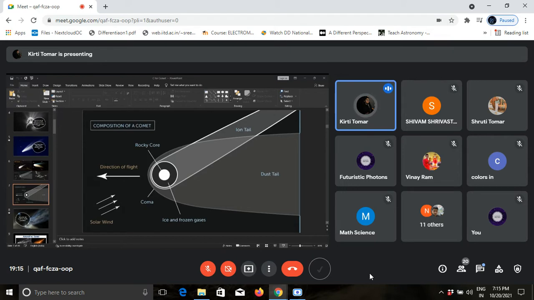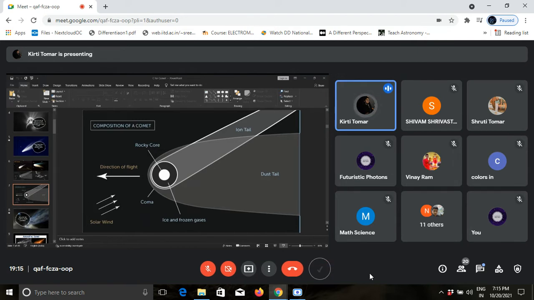Asteroids formed much closer to the sun, where it was too warm for ices to remain solid, and comets formed farther from the sun, where ices would not melt. Comets which approach the sun lose material along their orbit because some of their ice melts and vaporizes to form a tail. So that's the major difference between asteroids and comets.